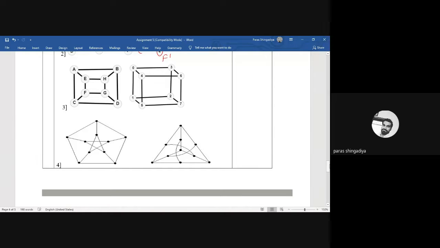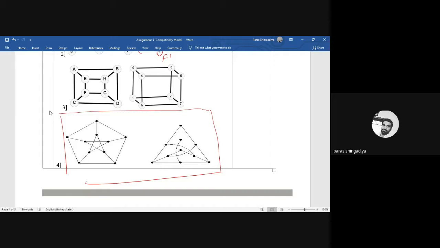If I consider the fourth graph, this type of pair will be there in the exam, and the question will be: verify whether the following graphs are isomorphic or not. Here in 1, 2 and 3, the vertex notation I have mentioned, and you just predict its image in the second graph. Here no vertex notation is mentioned for this fourth pair. So first assign the vertex notation to the first graph, and then check its image in the second graph. Clear? So this type of pair will be there in the exam also.